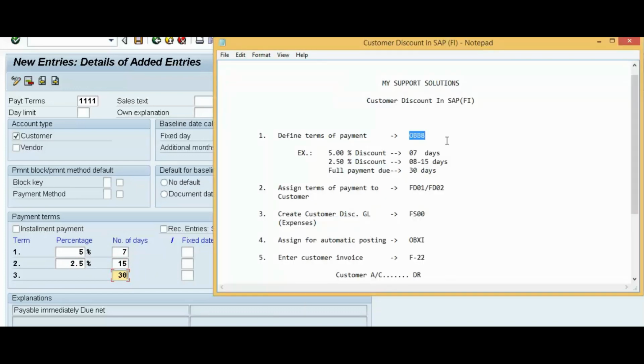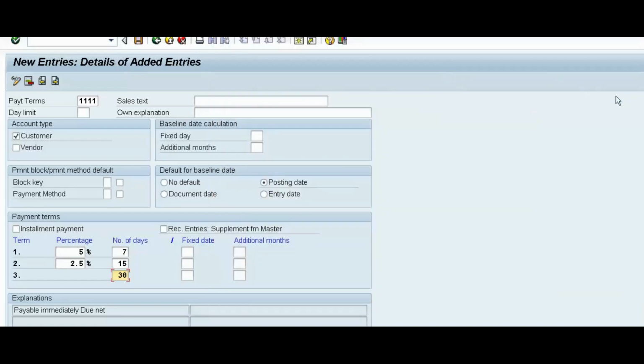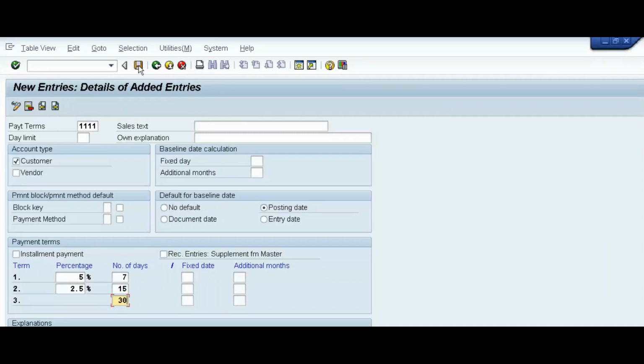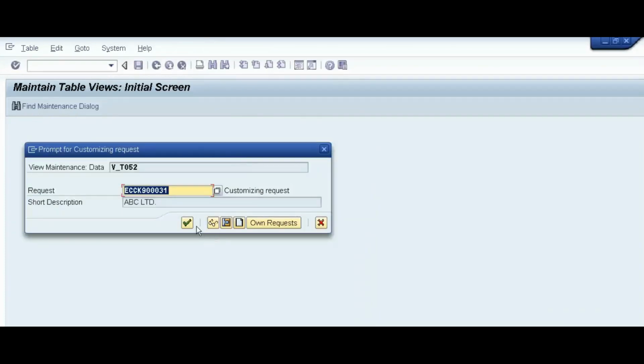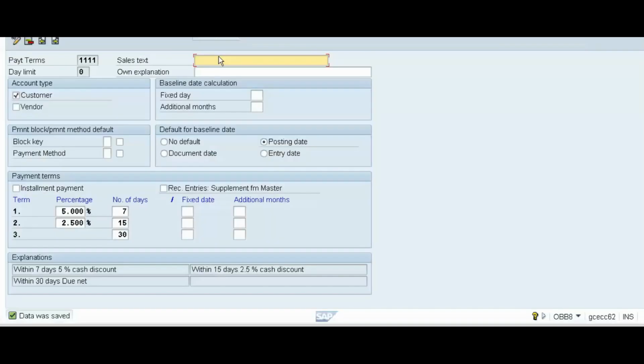Okay, so this is our example, 5%, 2.5% and no discount. So now we will save our terms of payments. Continue. So data was saved. Now first step is completed.